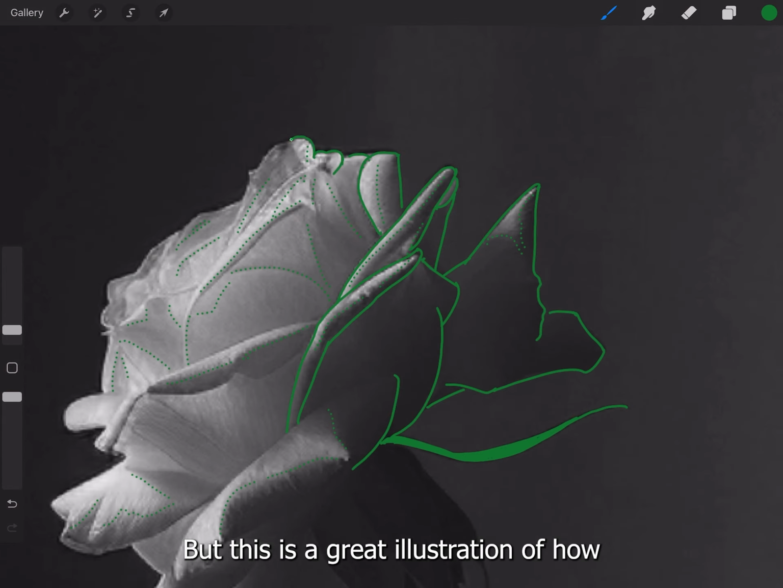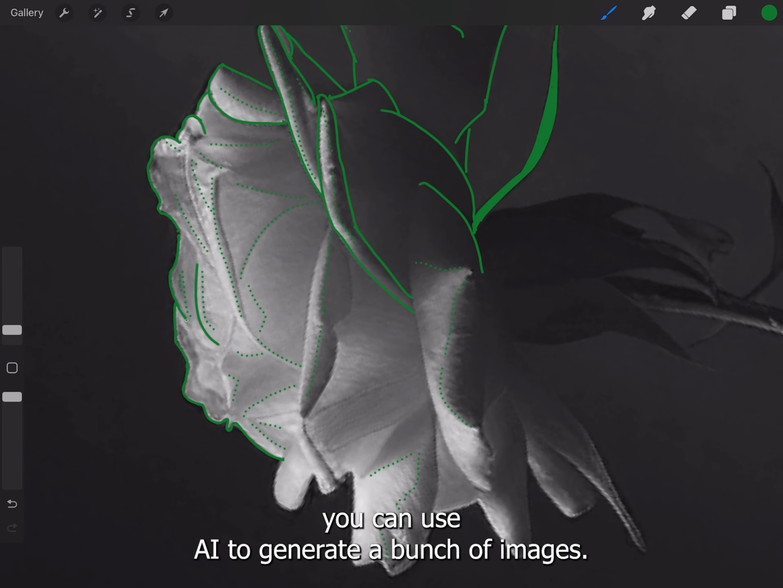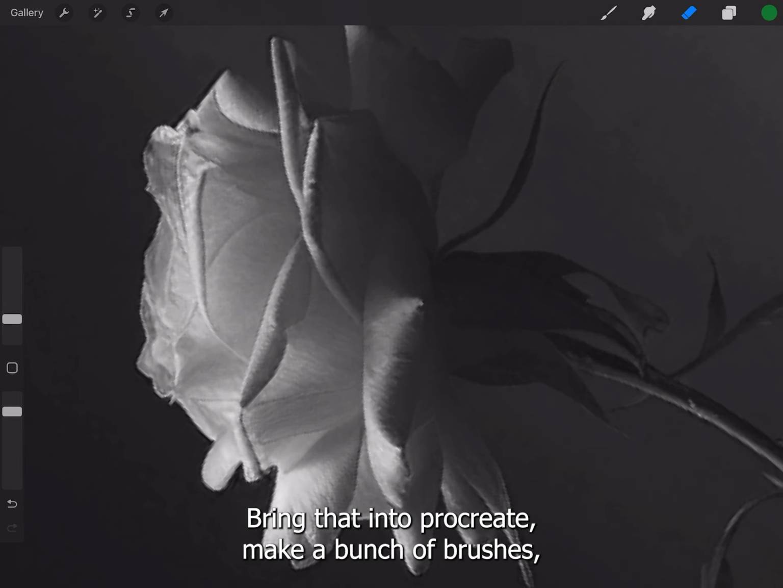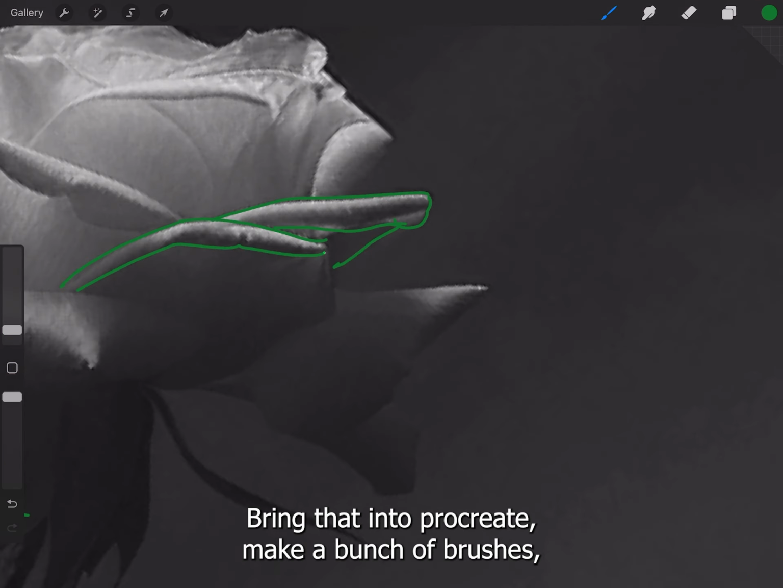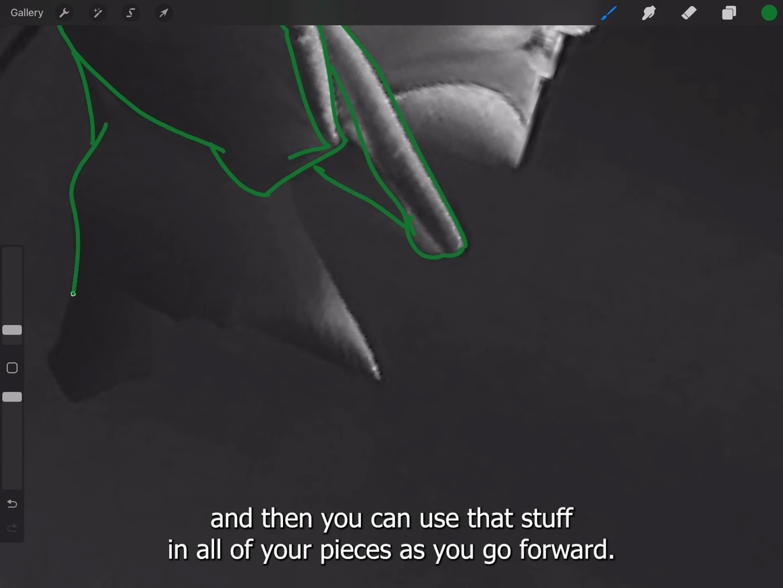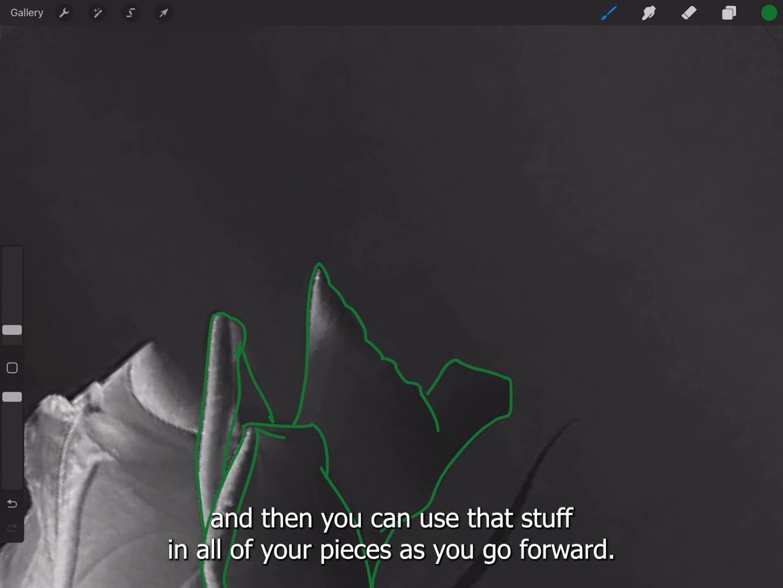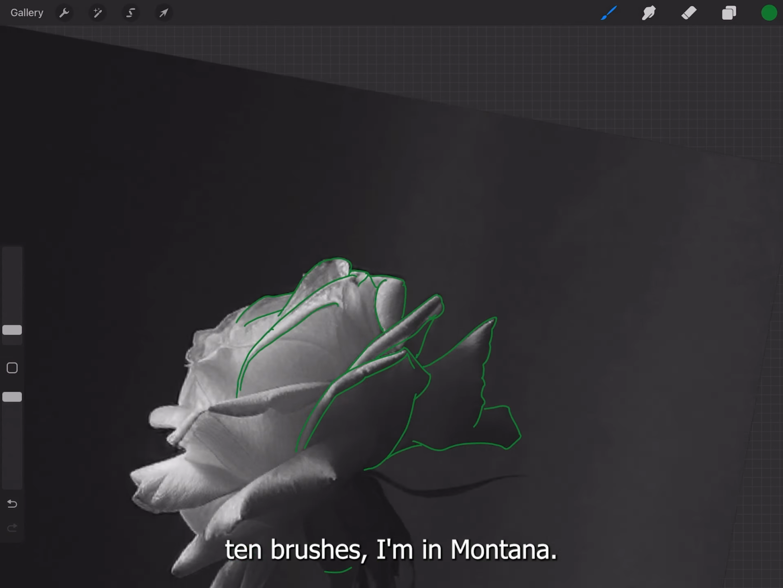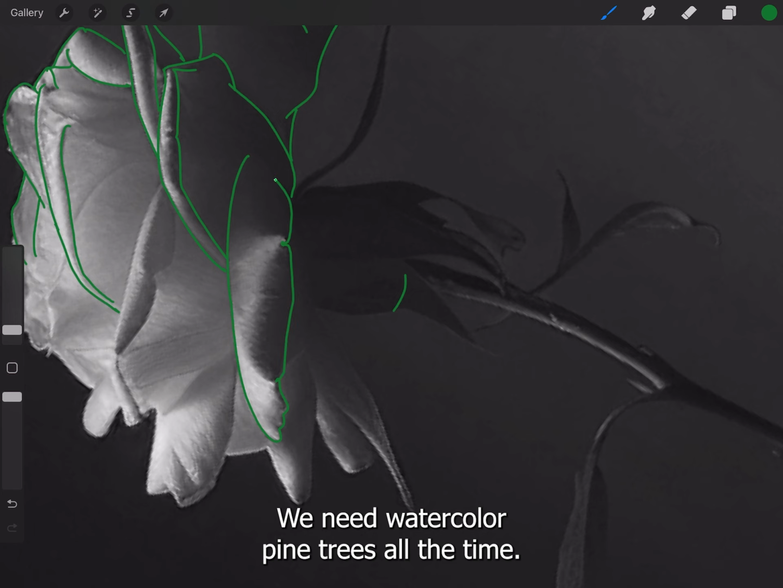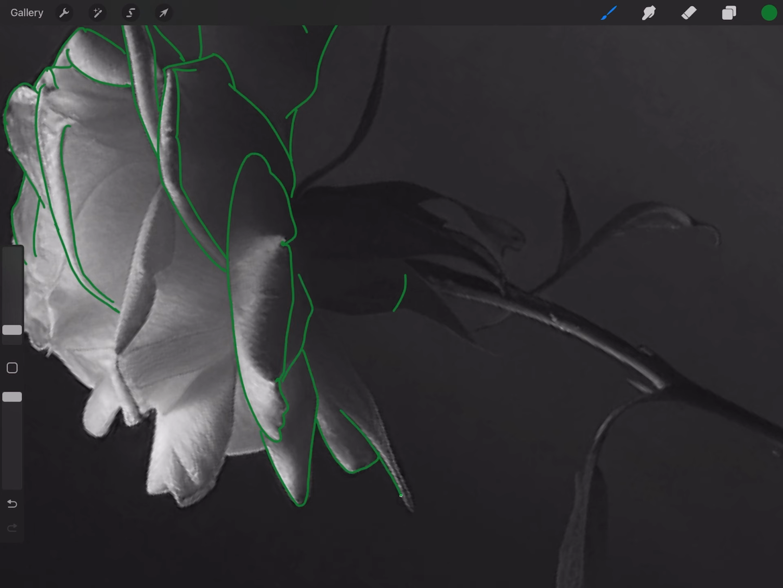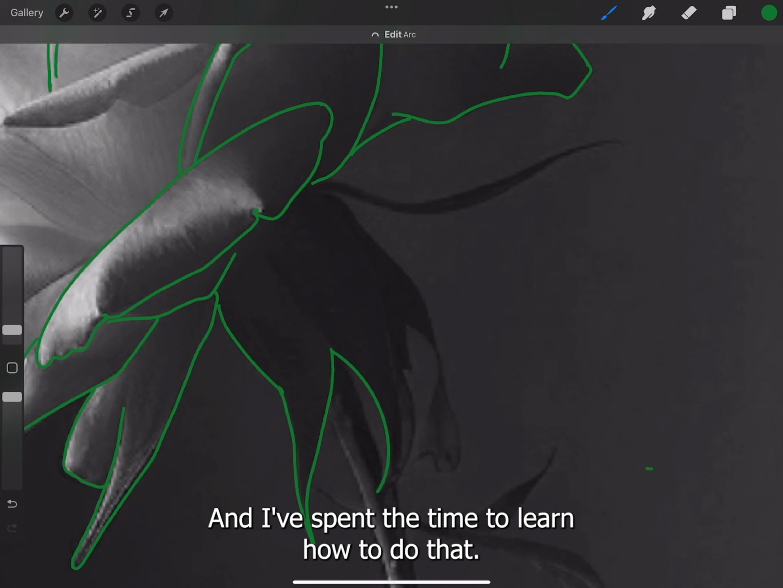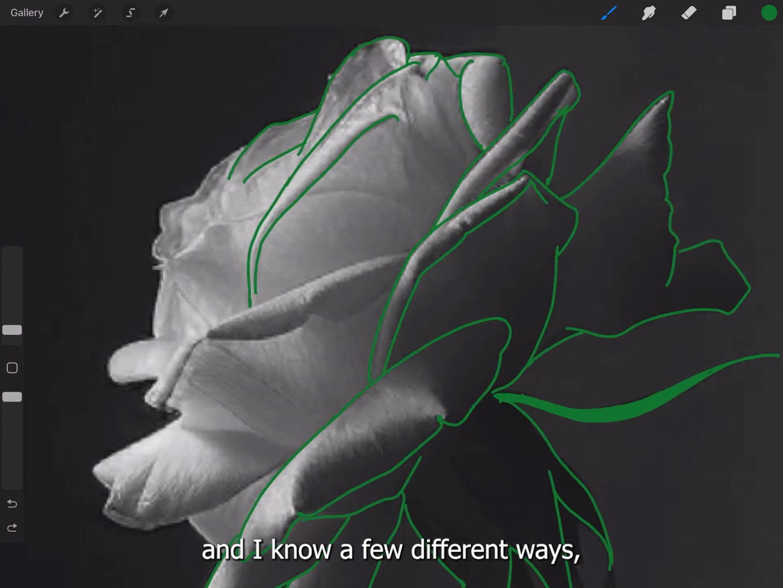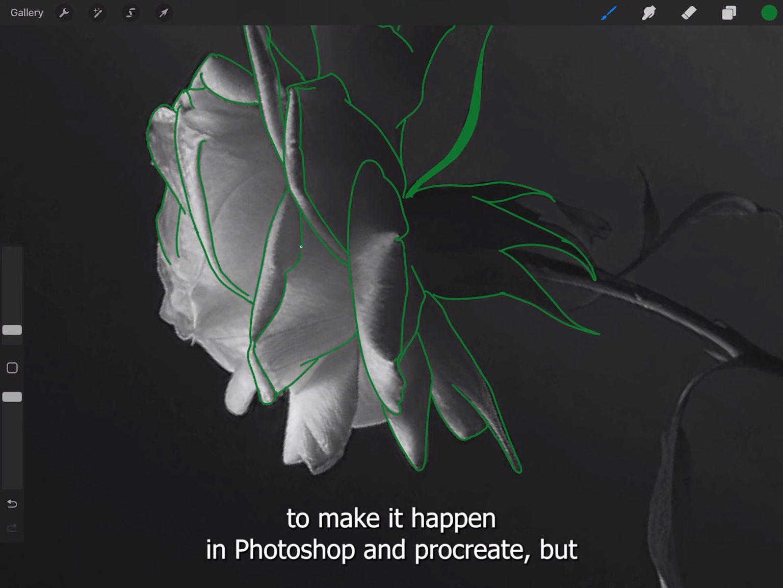But this is a great illustration of how you can use AI to generate a bunch of images, bring that into Procreate, make a bunch of brushes, and then you can use that stuff in all of your pieces as you go forward. If you need 10 brushes, I'm in Montana, we need watercolor pine trees all the time. And I can do that, and I've spent the time to learn how to do that. And I know a few different ways to make it happen in Photoshop and Procreate. But